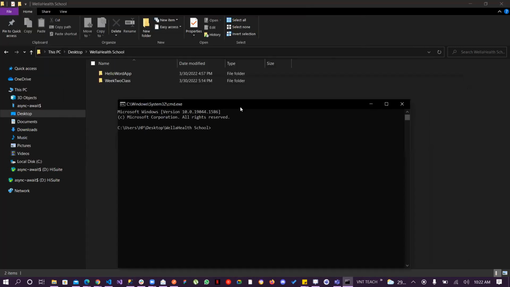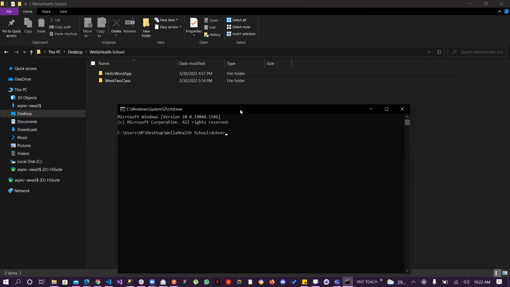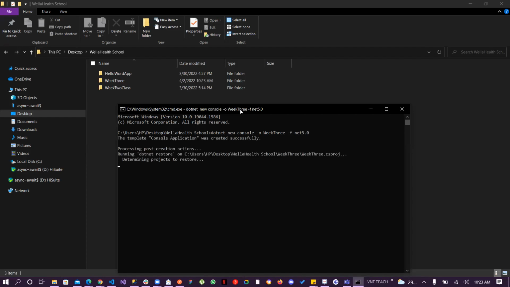So now what I want to do is create a new project for week 3, dotnet new console -o, and I'll type in week 3, which is the name I want to give it. Then remember, because I have other SDKs installed, I'm going to do -f, which is force net 5.0. So it has created week 3 here, right? The reason why I did this force is because I have